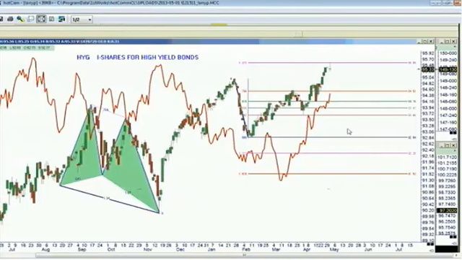Now, someone asked a question about TBT. That's the ETF for the Treasury bond, and if you give me a second, I'll be happy to pull that up and take a look at it. I'll have to get the data refreshed because they've split this thing, and I have to change the